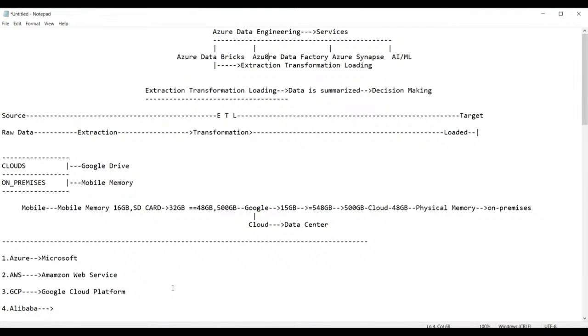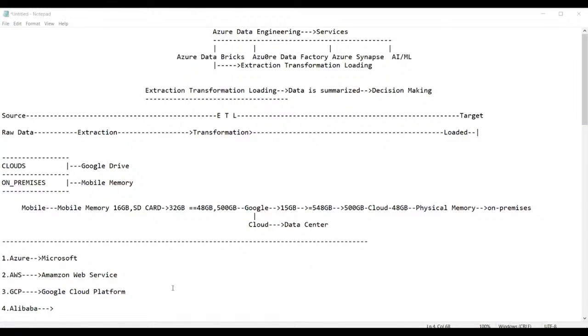Sir, there is a coding part in the curriculum, so do we need to learn coding as well? Yes, of course. Whichever coding is required, we will discuss it in the class itself. You need not learn coding separately by going outside. I will explain it, and it will be easy, not as tough as people think. We will be seeing coding in 4 different languages: SQL, Python, R, and Scala.